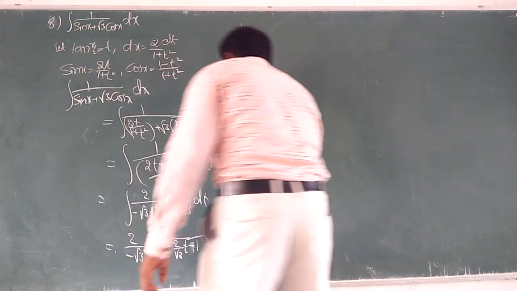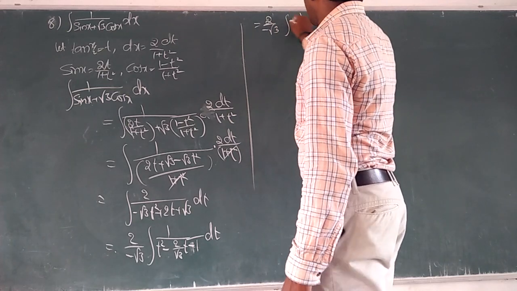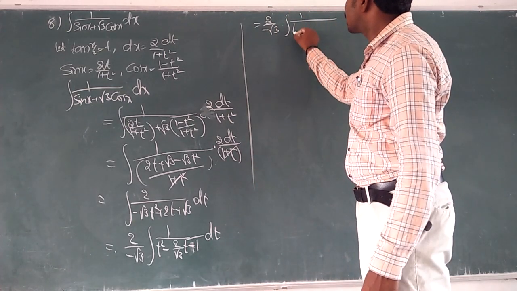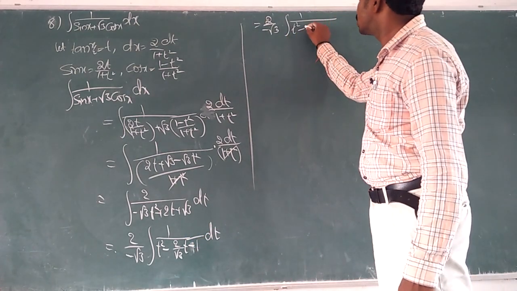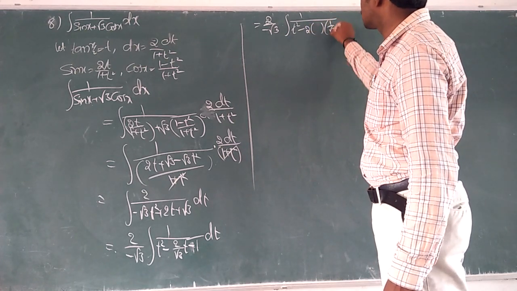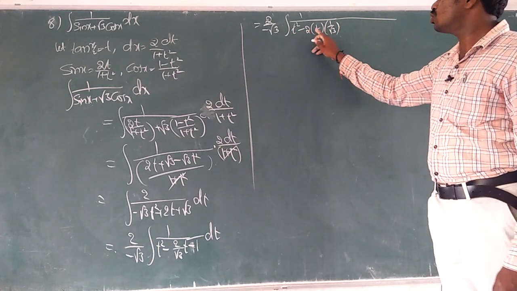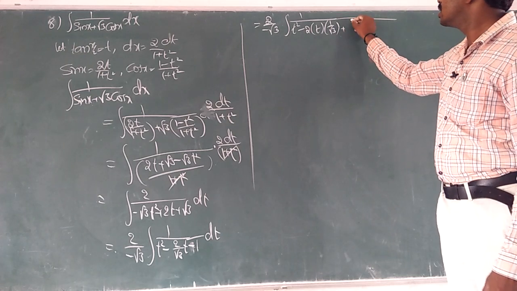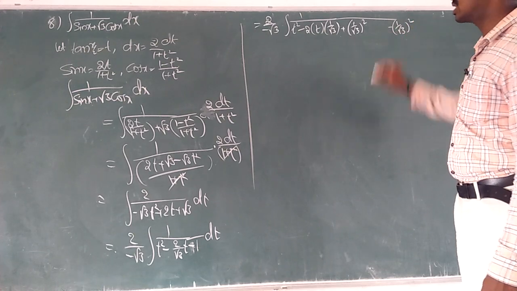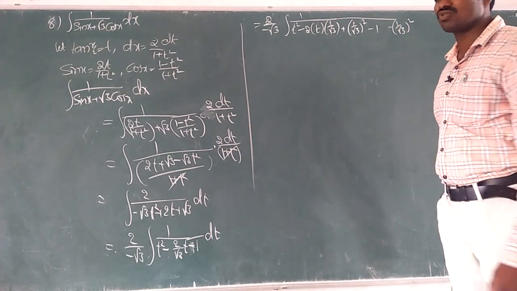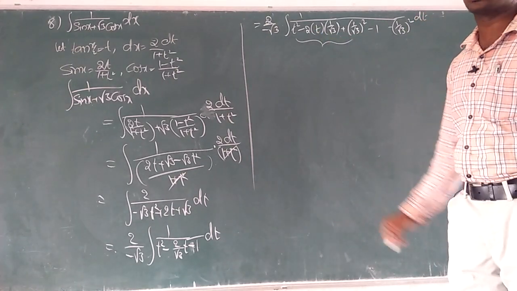So we have to simplify this: 2 by minus root 3 into integration of 1 by t square minus 2 by root 3 into t minus 1. How can we write the 2 into something? Simply 2 into 1 by root 3, and t also. So here a square minus 2ab plus b square, where b means 1 by root 3, with b square added and b square subtracted, and in the middle minus 1, dt. That's it. Now this is a minus b whole square.